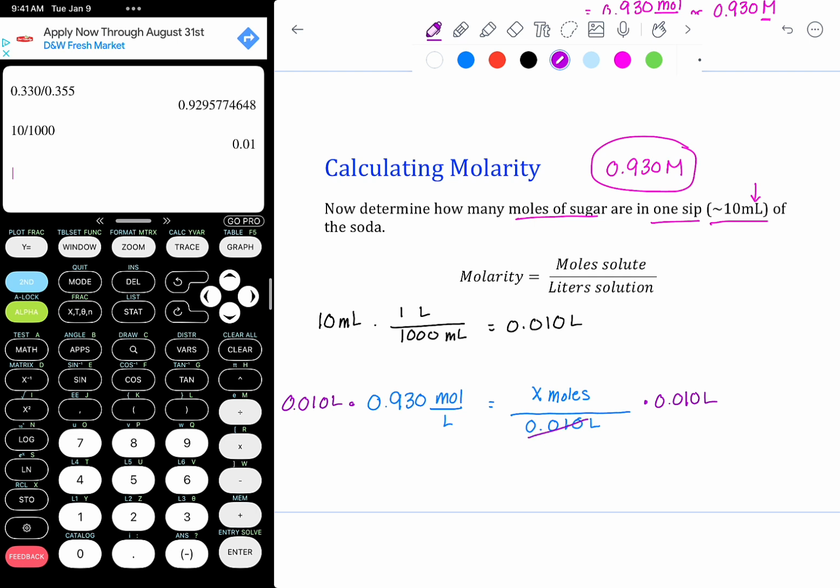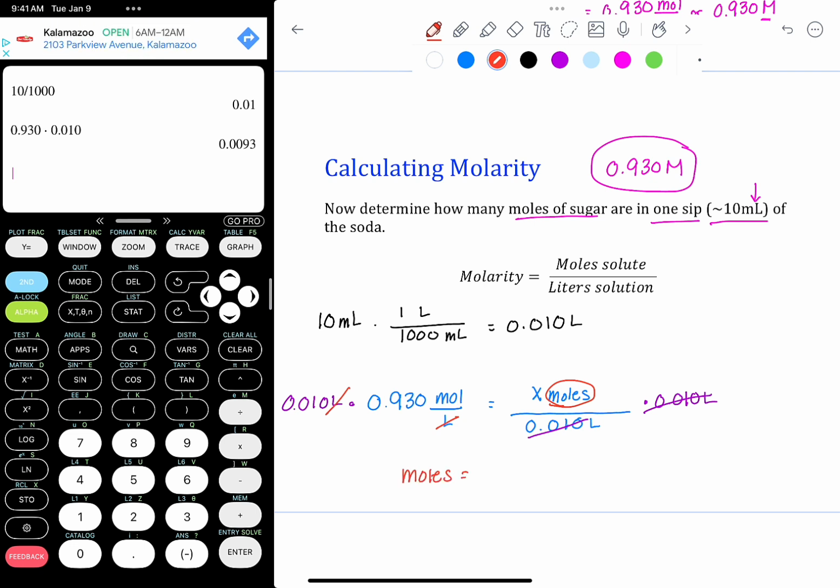Okay, so that will cancel out there. And what will happen here is my liters are going to cancel. Let me show this in a different color. My liters are going to cancel with my denominator of my units of molarity. Molarity again is a derived unit made up of moles and volume in liters. So when I take a volume and multiply it by the molarity, the liter unit cancels. And I'm left with a unit of moles, which is what I want my units to be in because that's what I'm solving for. So we take 0.930 and multiply it by our volume, and we get that our moles is equal to